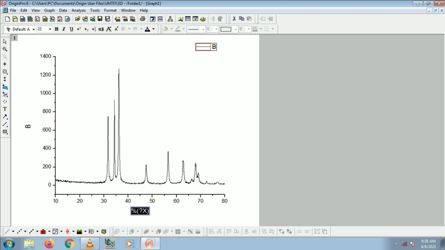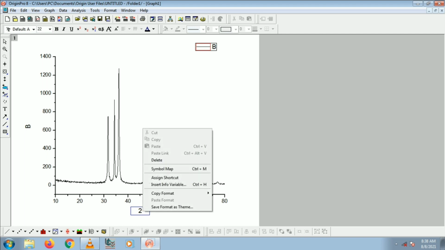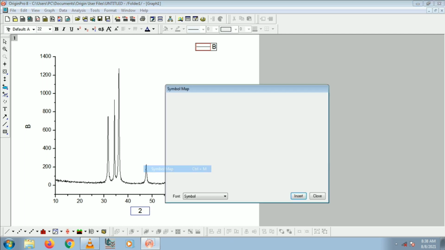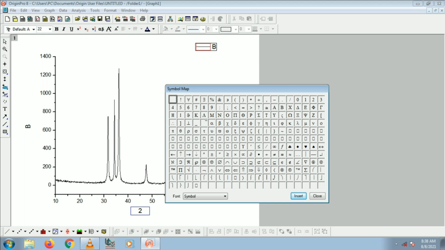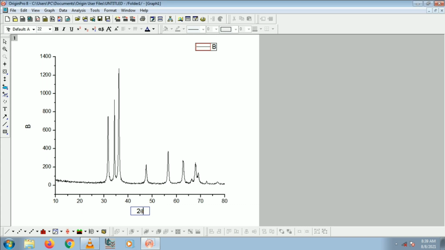After that, we have to write the x-axis label. We know very well the x-axis of the pattern is 2 theta. With the help of the symbol map, we can add 2 theta.